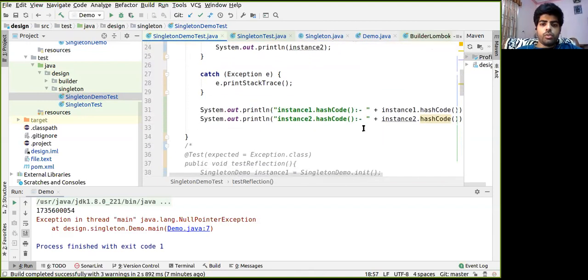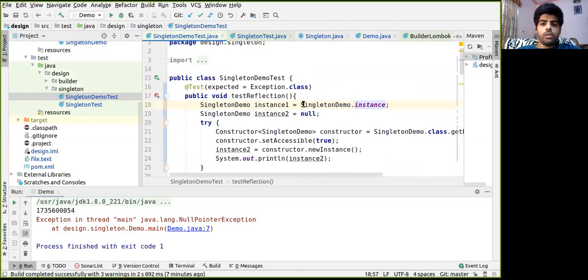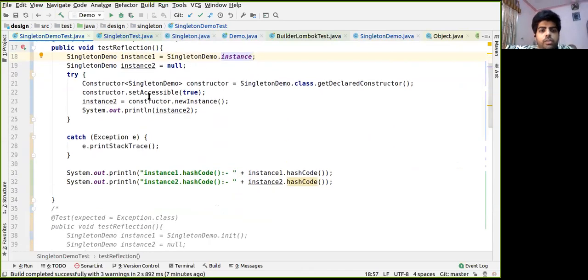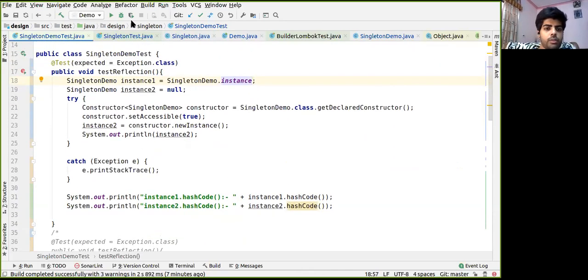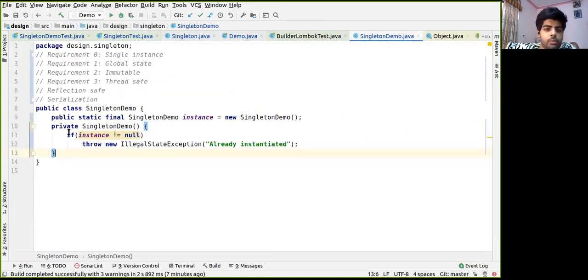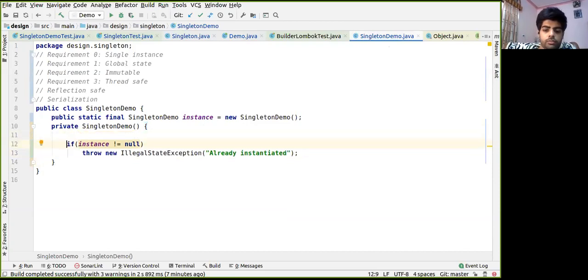For testing the behavior, we have to see the previous one, so we have to use the previous construct. So let me go to the code. Let me comment this out. Okay, so let's test it.